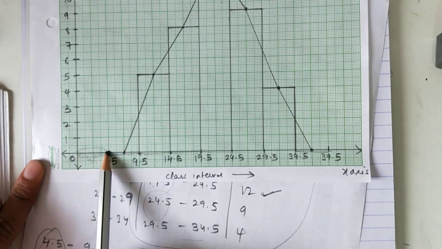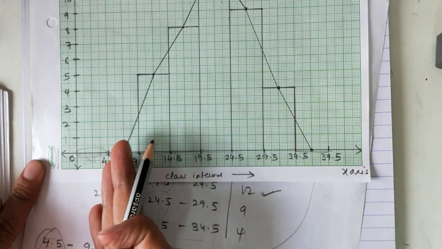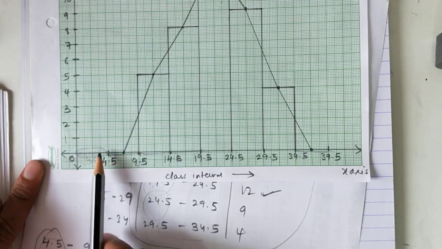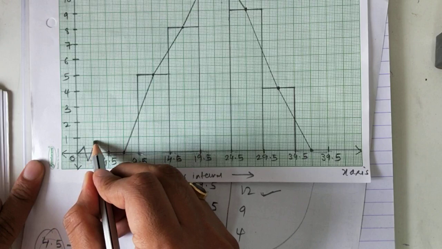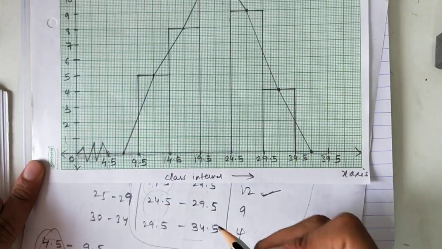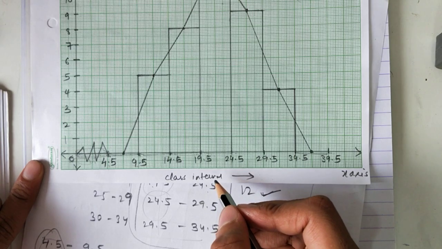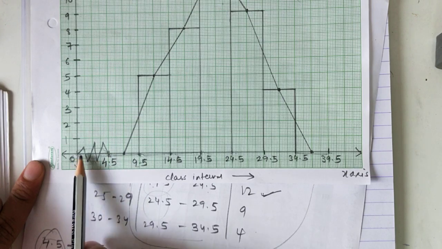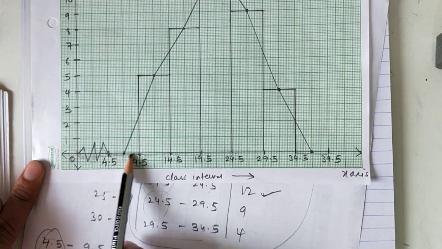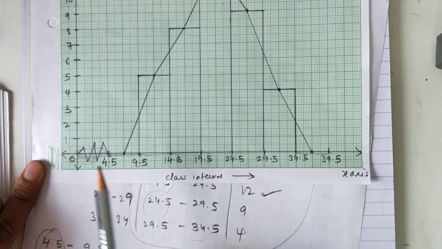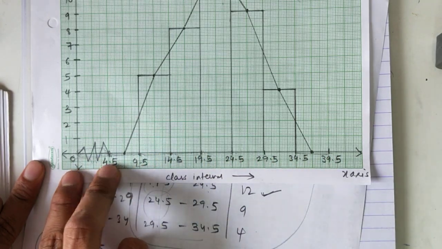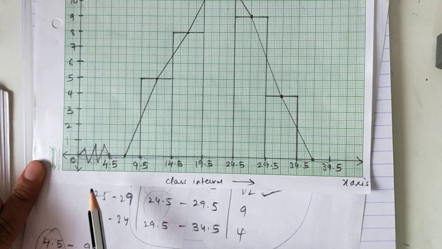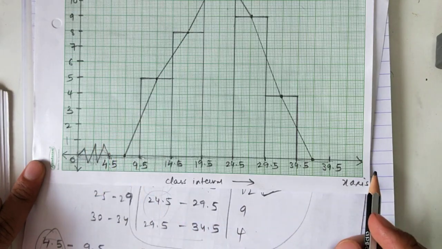So whenever your data starts from some random number, and your information is here and there is some extra part here, you mark it as a zigzag line, and this zigzag line is called a kink. K-I-N-K. Whenever you have this extra part left out from where you start your first extra interval, then your data, then the last interval, this extra part's size will never be equal to the size of the remaining classes. So you have to draw a kink here. This is called a kink.